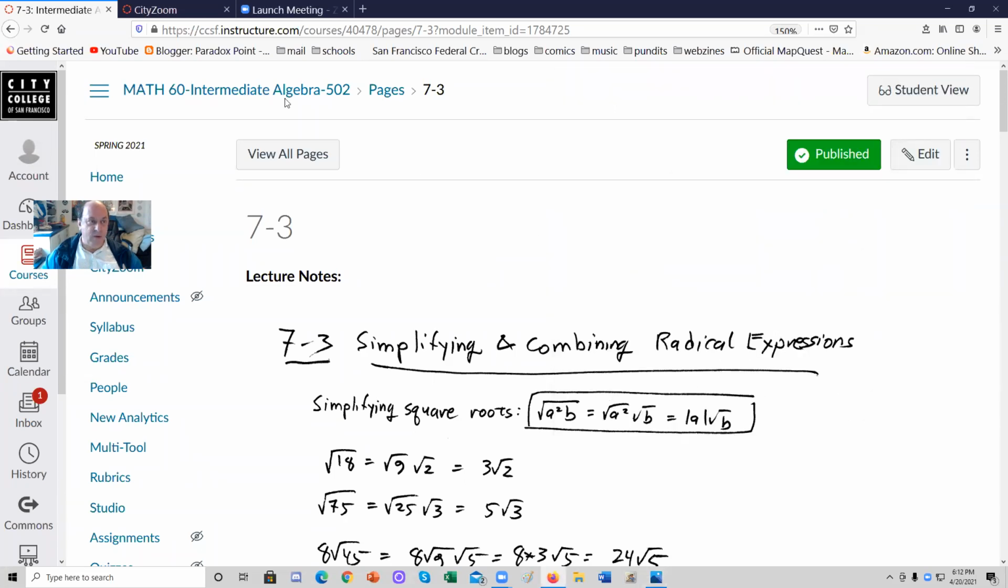For today, 7.3 and 7.4. In 7.3, we simplify and combine radical expressions. In 7.4, we multiply and divide them. Now, if you have a square root, and there's a square factor in the square root, we can remove it